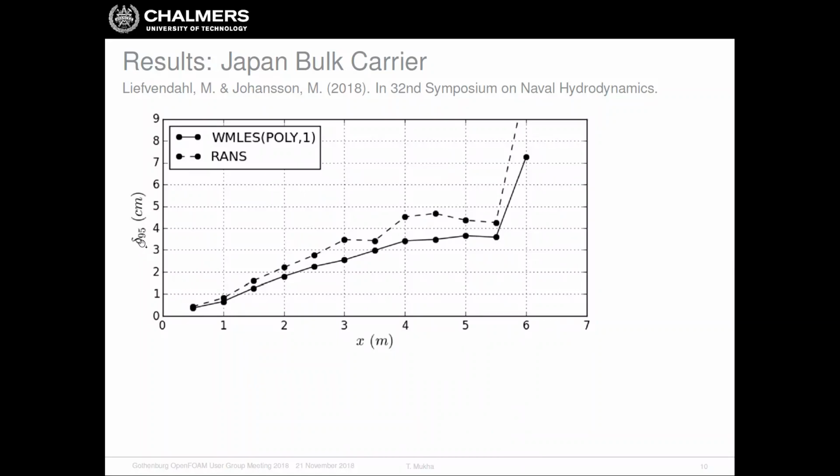Here on this plot, we look instead at the growth of the boundary layer, so in delta 95 in centimeters in particular, and the distance along the hull on the x-coordinate. And what we see here is that for RANS, the boundary layer grows faster, and for WallModelled LES it grows slower, and that is directly connected to the fact that we underpredict the wall shear stress in the WallModelled LES, meaning that we take away less momentum from the boundary layer than we should, which means that it grows slower. So that's the explanation behind this difference here. It's still explained by the same fact.